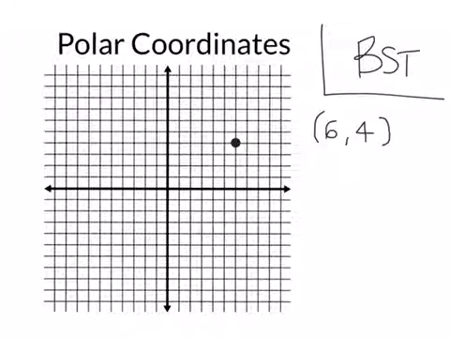In polar coordinates, we're going to re-express this point, except instead of using x and y, we're going to do something different. We're going to take the distance from the origin to this point, and usually we denote that as r, and then we're going to measure the angle that it makes with the positive x-axis. This is normally called theta. And so to get r and theta,